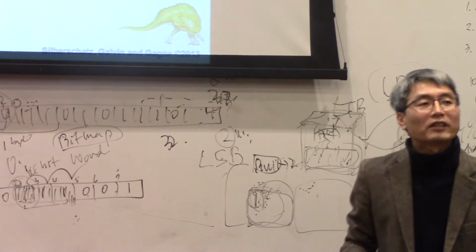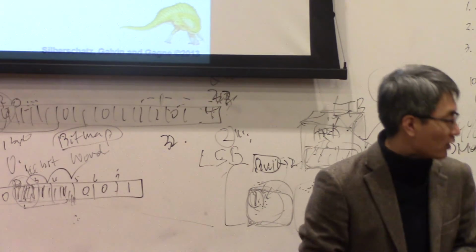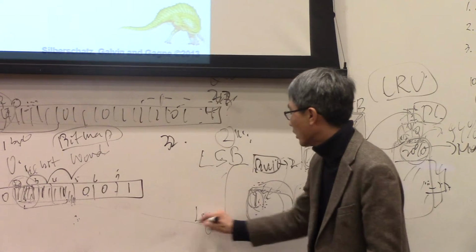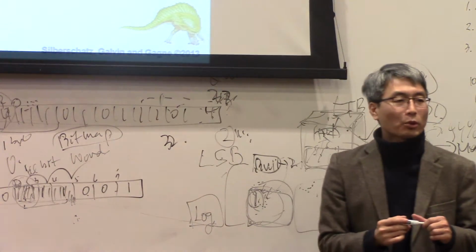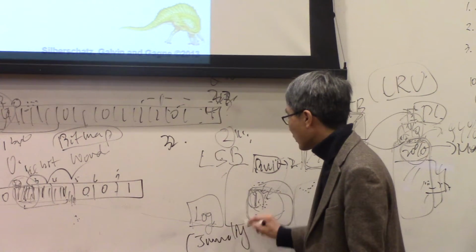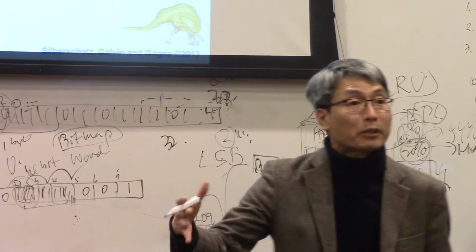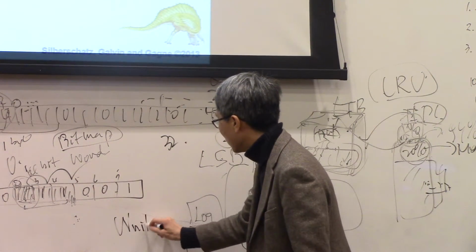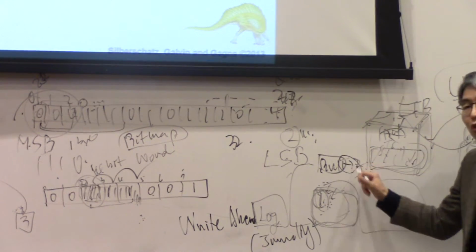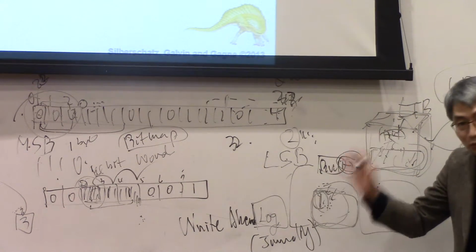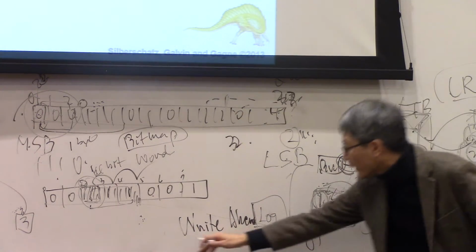So this will be discussed in detail in the database class, but in short, the idea is we are going to use the log. What is a log? Sometimes it's called journaling. Journaling means keeping track of any activity. So this is called the write ahead log. Whenever we change a value, modify the data, create a file, writing, not read only. Whenever you have such a write,